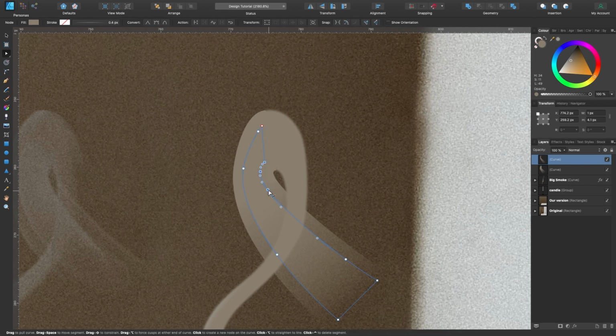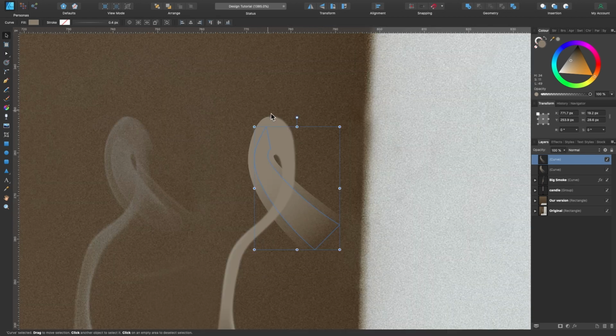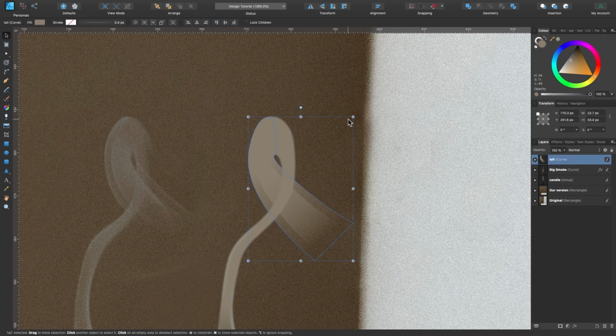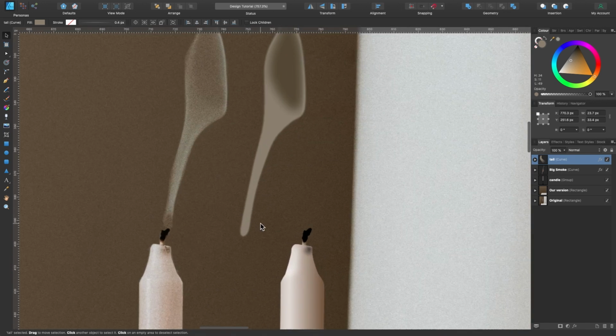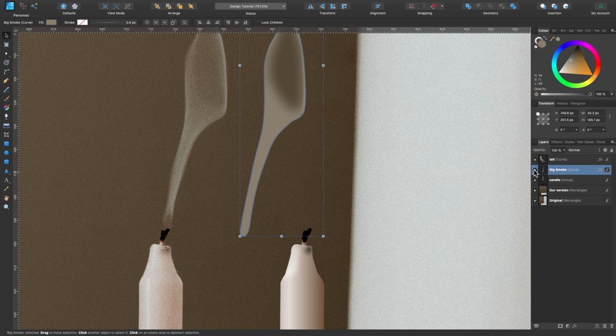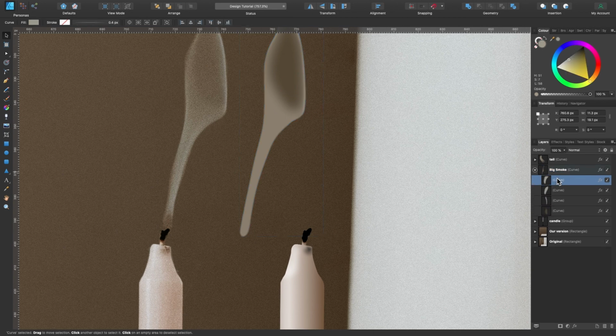And this lot goes in a little bit. I'll just nest this inside of the tail. I'm just going to call that the tail so you can see on my desktop. And I will add the Gaussian blur as well. On the other one we put 0.1. I'm just going to add that much onto it. Okay, just to finish it off, I'm going to sort out the bottom as well. So I'll go back to Big Smoke and I will draw something around here so it's kind of similar.